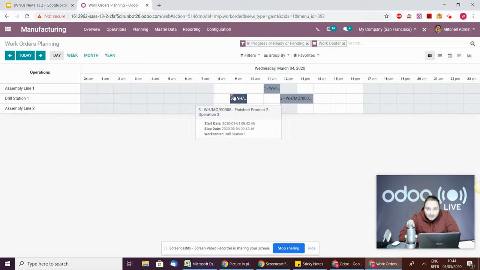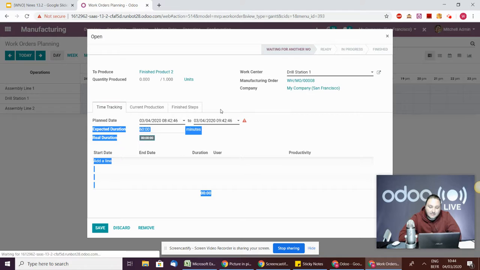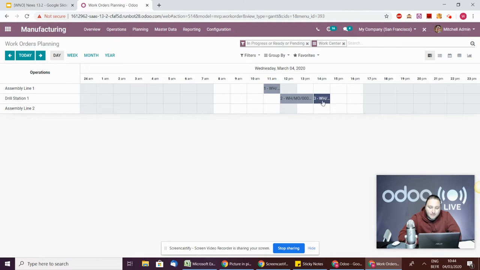But here on the upper left corner, you will see a little red thing, and when you click on your work order directly from the view, this pop-up will appear with all the information that you have, and you will see this little logo. When you go there, you will see that the previous work order should already have been processed, and it's scheduled before, and you have the planning of that one. So if you click on it, you can replan it directly and save it, and automatically it will be set as before